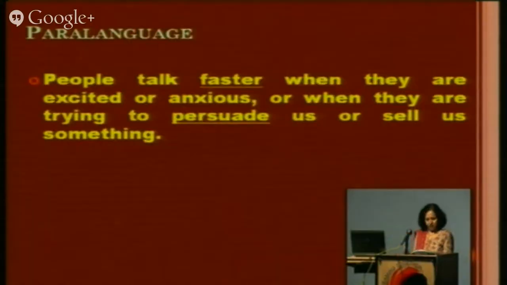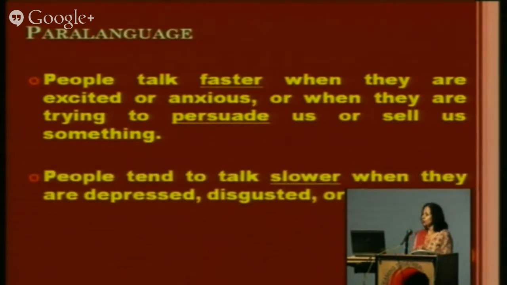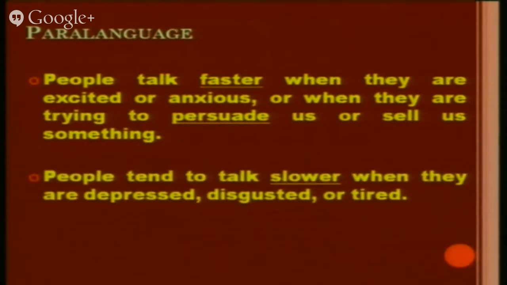सो पैरा लैंग्वेज में पीपल टॉक फास्टर when they are excited or anxious, or when they are trying to persuade us or sell us something, तो आप डिफरेंट तरीके से बोलते हैं। इस पेन की बहुत यूटिलिटी है, इसका ये काम है, ये काम है, ये काम है, आप फास्टर हो गए। यू वांट टू परसुएड एंड सेल द थिंग। People tend to talk slower when they are depressed. हाँ ठीक है, आपका, अब ये ठीक है कहना ही उसको, ये पैरा लैंग्वेज है आपकी।